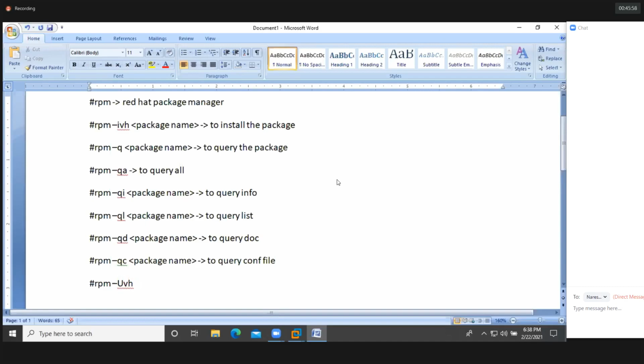So we should use this command, rpm -Uvh, followed by the updated version package name. That's it, to update the package.